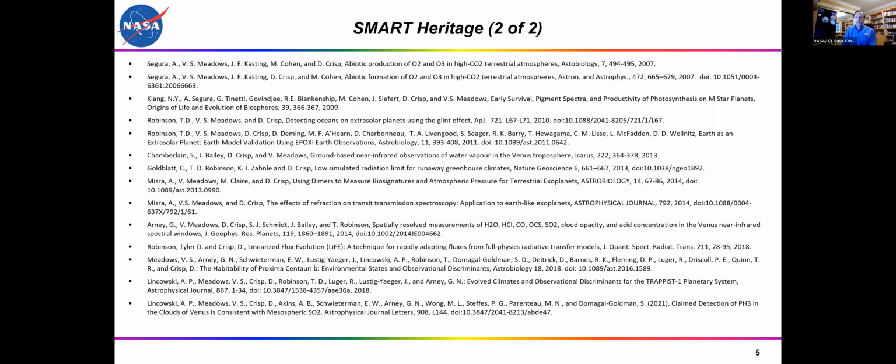We processed a whole lot of Neptune observations from HST using this model. But then since the turn of the century, we've been using it primarily for exoplanet studies. And for those who are familiar with my regular day job, we did not adopt this approach for